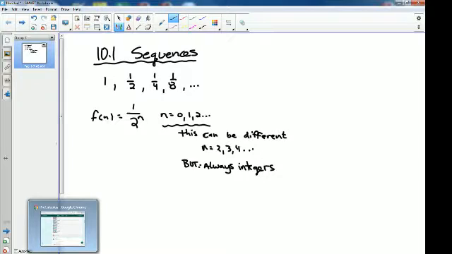So we're taking a step back from calculus. We've always worked with the real numbers where we can do any decimal, right? Right now we're working with integers. Now where are we headed with this? A sequence